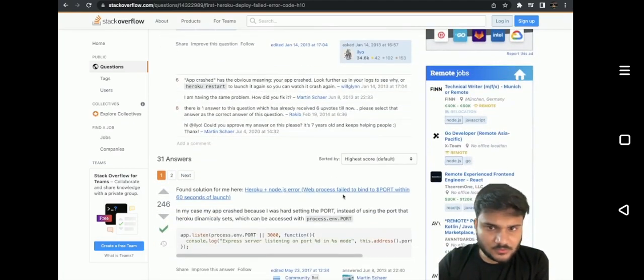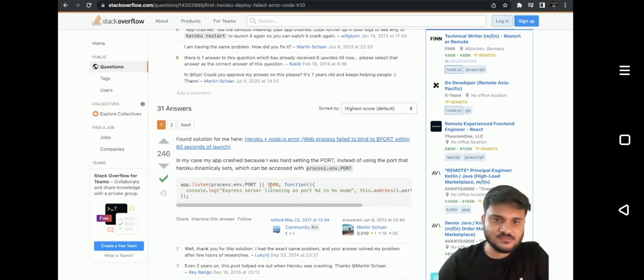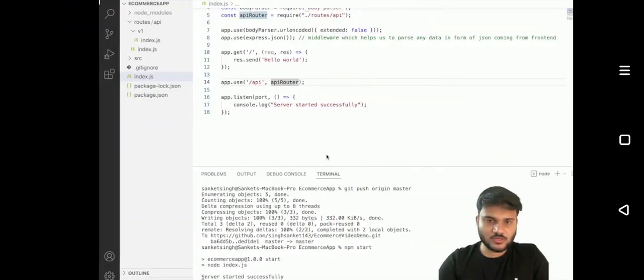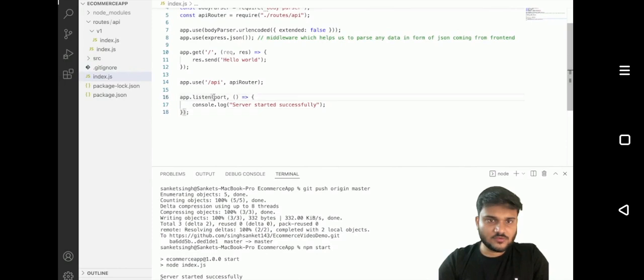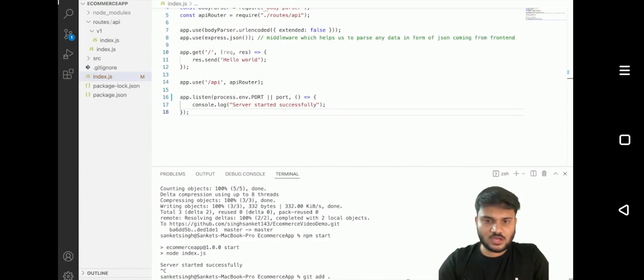So it's failed to bind to the port, right? It says that it is failing to bind to port 3000. So what we can do is, instead of having our own port hard coded, we can use process.env.port. That is something we can also do, right? Let's just try to push our changes,